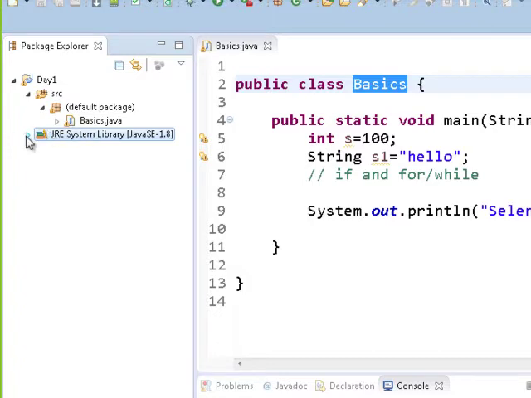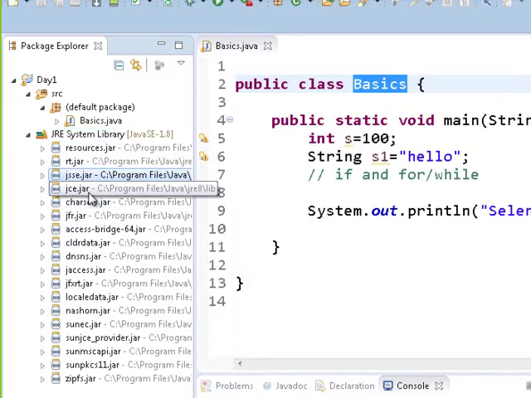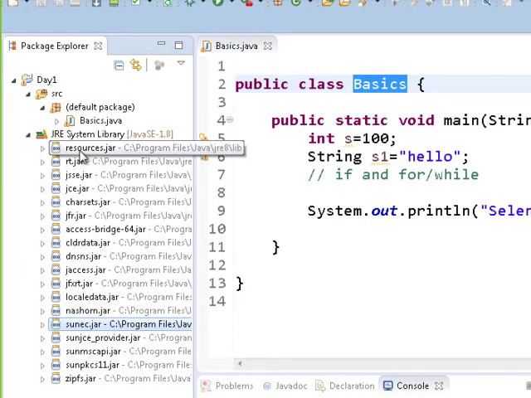JRE system library is nothing but a set of certain jar files. You can use the pre-existing functionalities from these jars. These are the Java jar files. These jar files have got pre-built functionalities which you can use when you make Java programs.